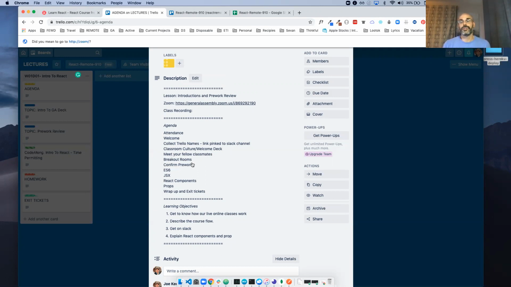But one of the advantages of the remote setup is that we can do these little breakout rooms so you can work with somebody in a siloed, silent area versus being in a room where everyone's talking. But at the same time, it does isolate you in this area. We're going to use breakout rooms during the class to work on labs, so you have somebody else to feed off of and talk to.